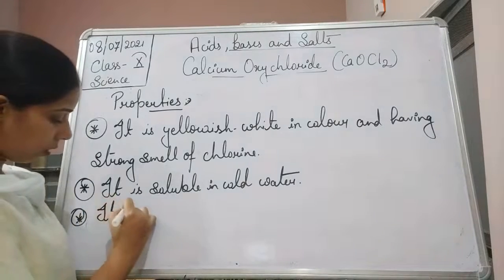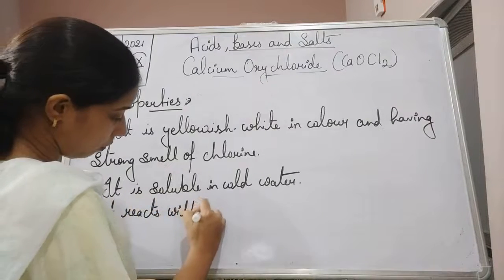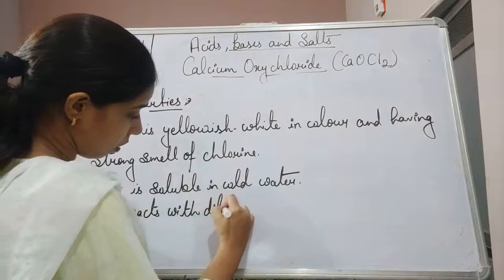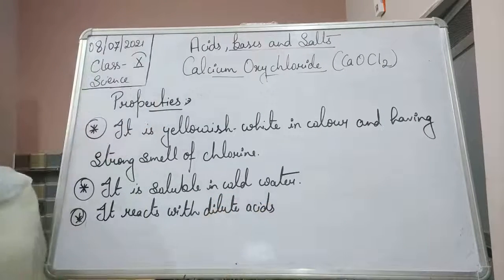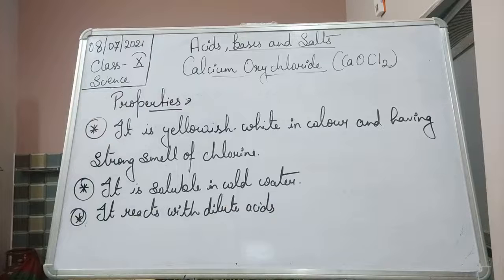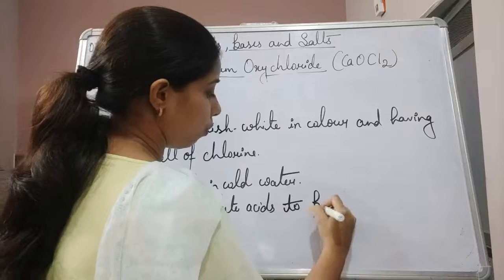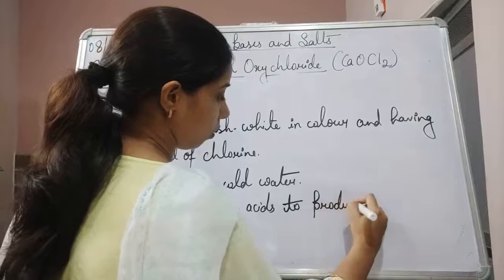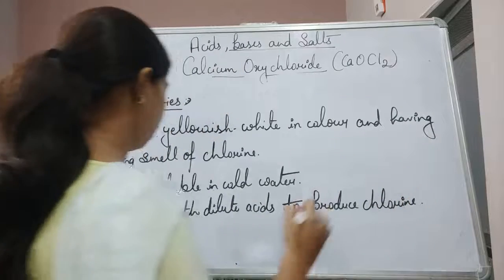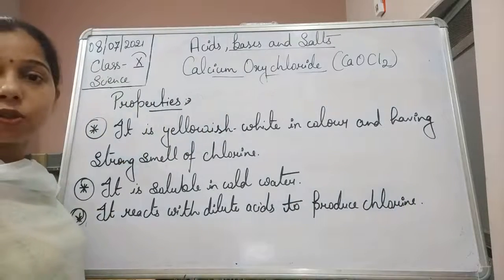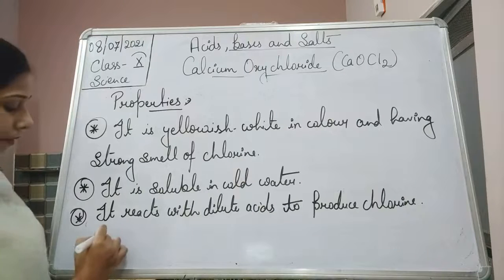So it reacts with dilute acids to produce chlorine. So reacts with dilute acid to produce chlorine. Now here it will be like when